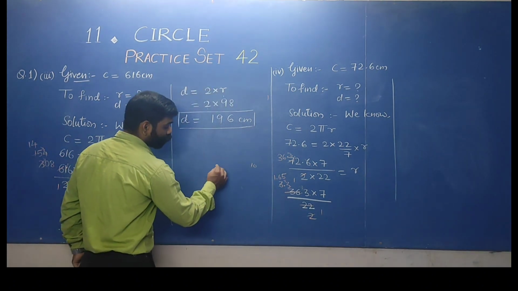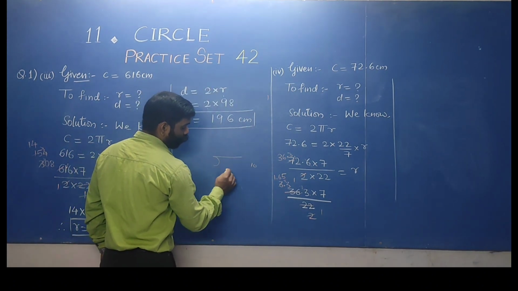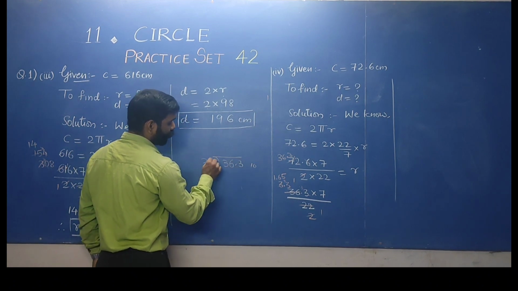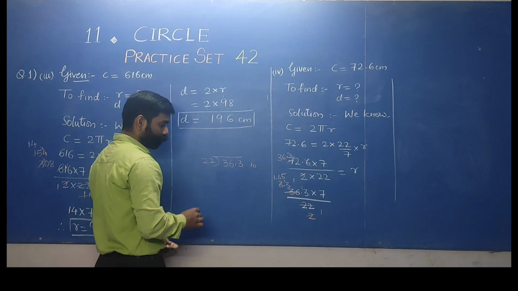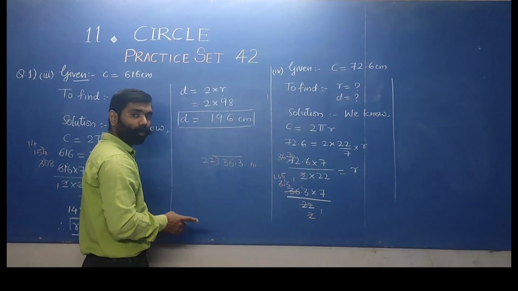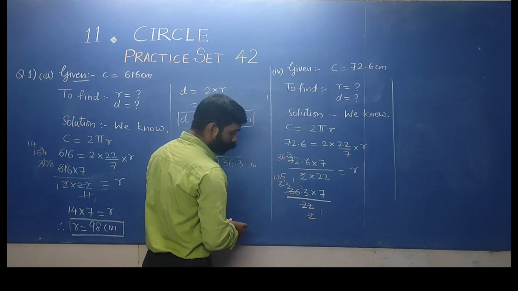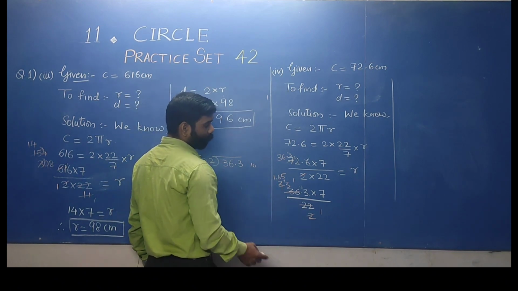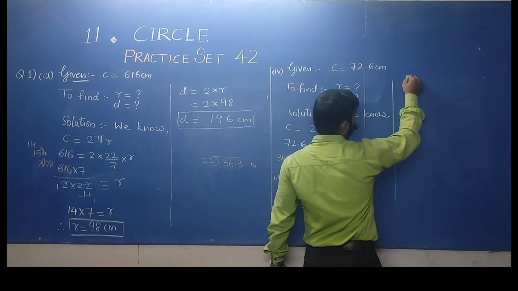You may do it like this also students, don't worry at all. You may divide this term 36 by 22 directly. It will work the same. So you need to just divide the terms and get the answer. So I am getting 1.65